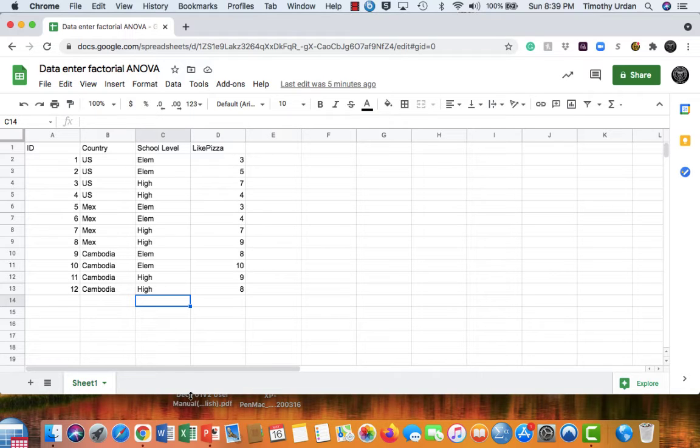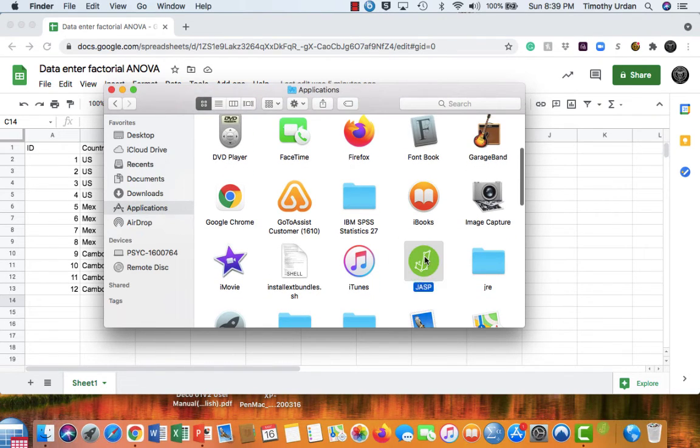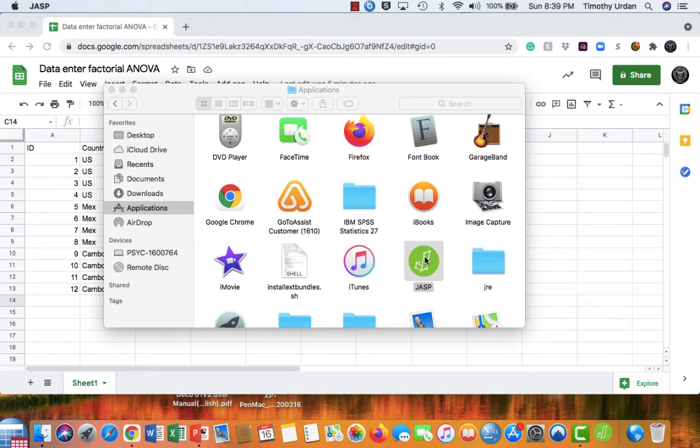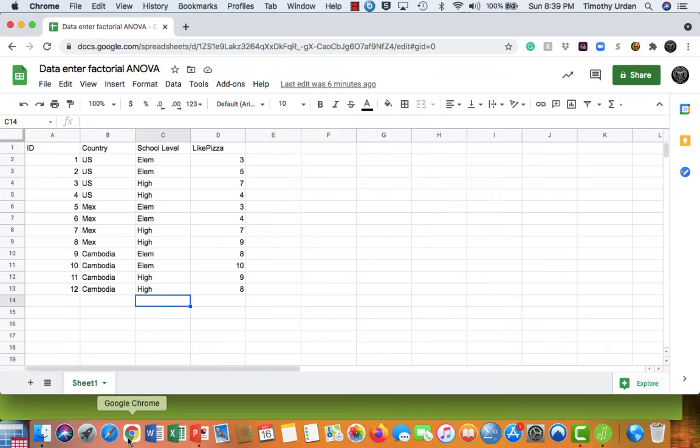All right, so you've got your data entered in an Excel spreadsheet, and then you can go and open up JASP. Now, going back to the Excel spreadsheet,